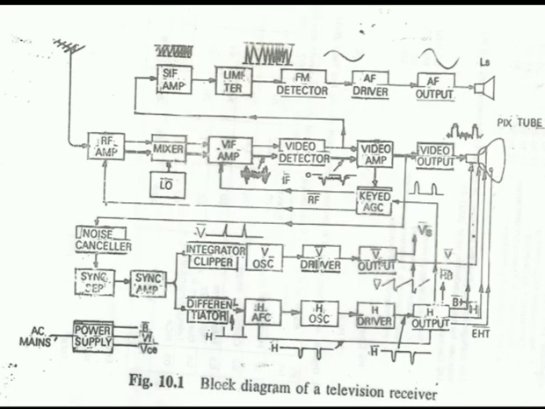Now we have seen the video amplifier for processing the video signal after detection. The output of that video amplifier, the video signal, is given to the video preamplifier. The signal at its input consists of luminance, that is the Y signal, the color subcarrier signals containing the color difference signals R minus Y and B minus Y, the horizontal and vertical synchronization pulses,